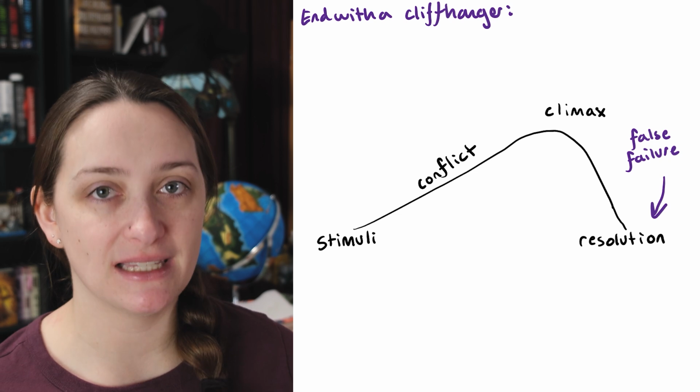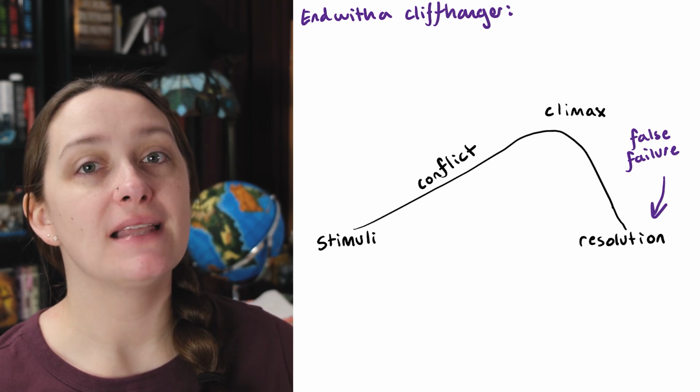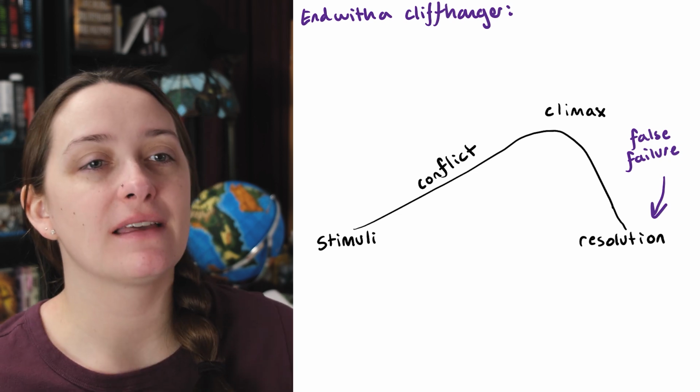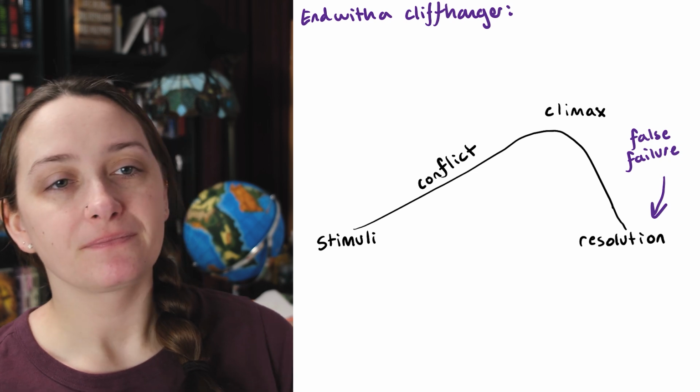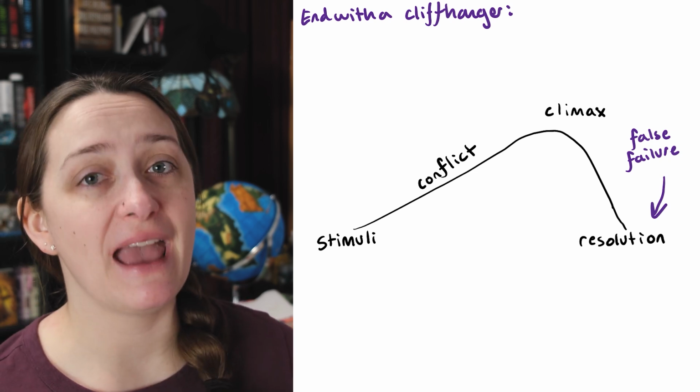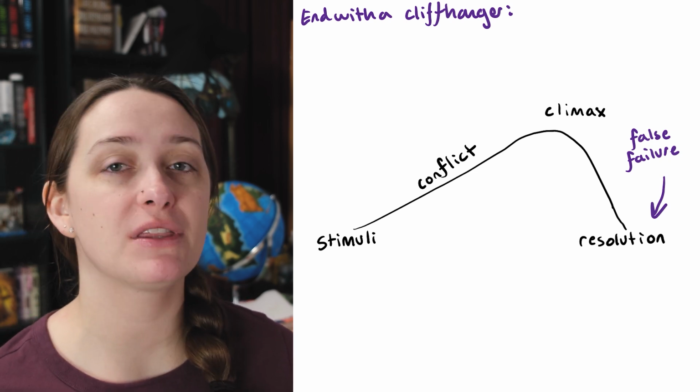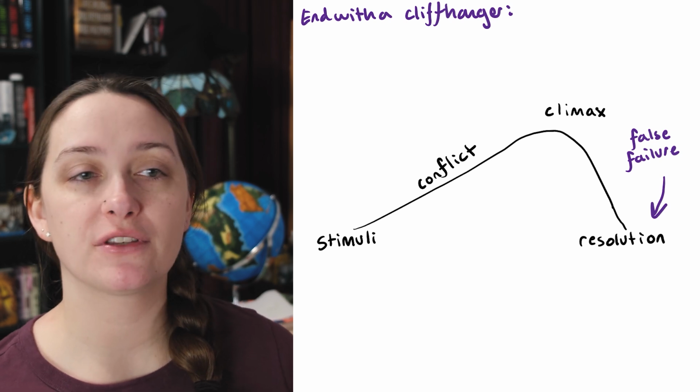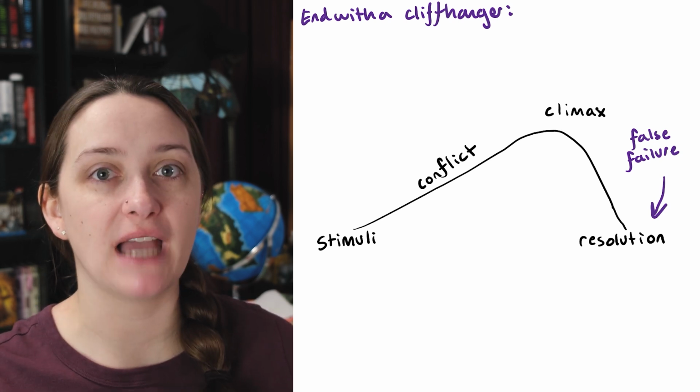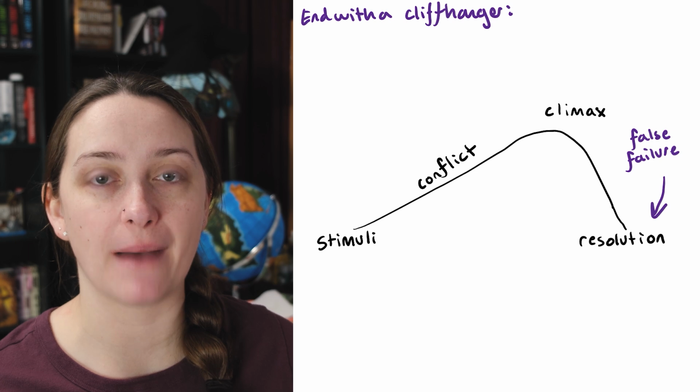So then another place we can have a cliffhanger could be at the end of a scene, where we sort of think the scene has ended one way, but did it really, right? And this is sort of like the mystery side of it, right? And this is usually a false failure. It can be done with a false victory, but normally it's a false failure because it ramps up the stakes really high and we're like, oh my god, no, did that really just happen?